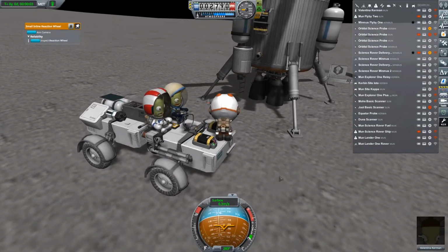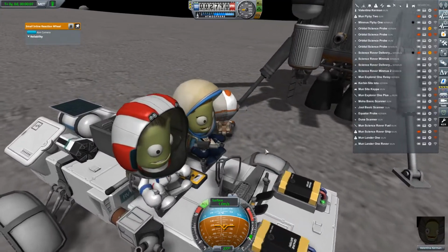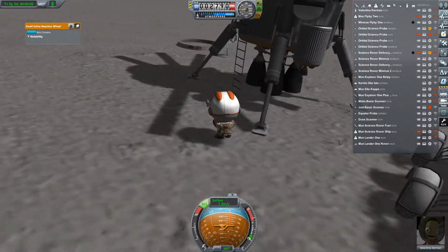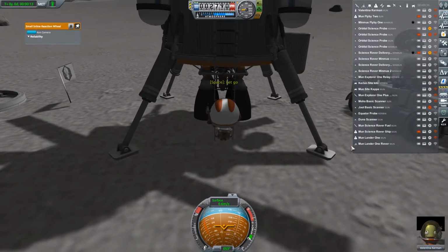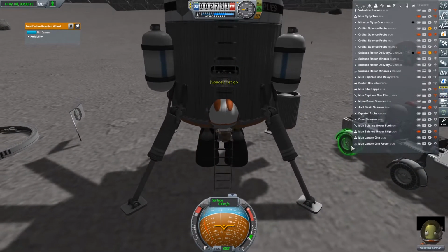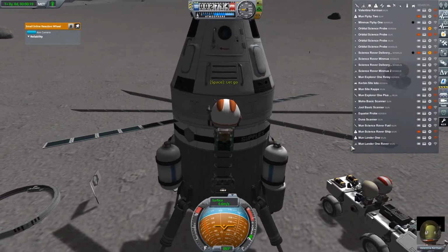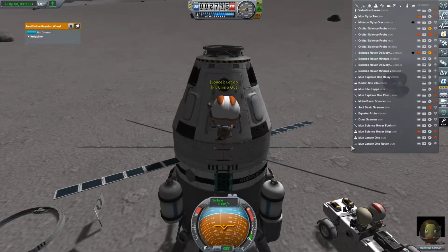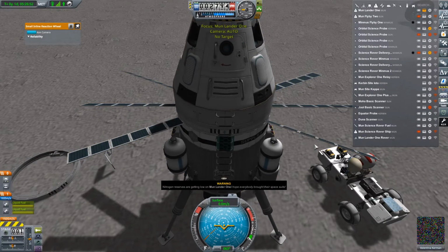I'm afraid, Valentina, you are going to hopefully not smash these solar panels off. That would be very, very bad. Valentina's gonna stay in here, and we're gonna take the other two. And I want to take Sheldred because he can repair wheels if we break any, which is a possibility, although if I'm just going to be using Bon Voyage,